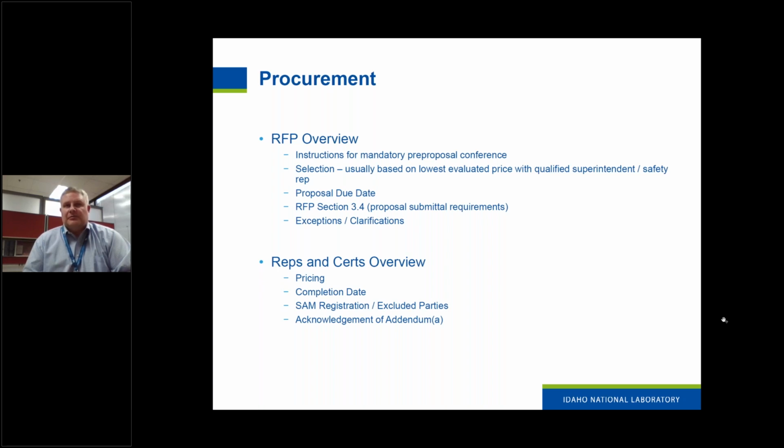In the RFP document, it will outline the proposal due date, and then there's a section that outlines any additional requirements. Section 3.4, those would consist of a document called a Proc 1413 where you provide the sub-tier contractors that you'll be using, the 1837, which is the forward pricing form, your safety and health records, your agreement to buy into our safety program, and a few other things. Then in the RFP itself, it also talks about the